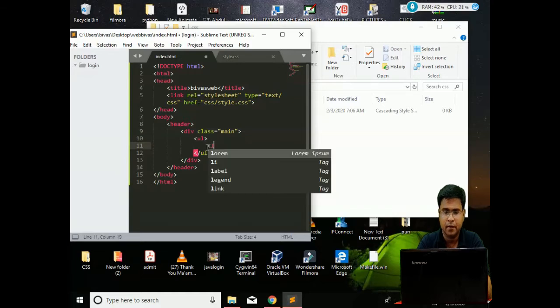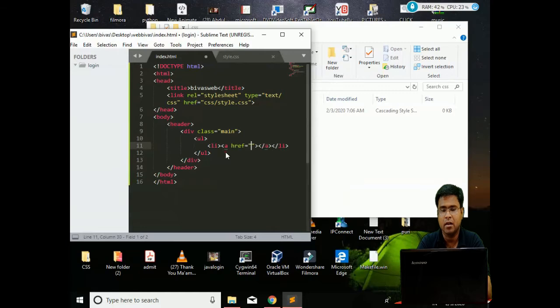Inside the LI, I have to create an anchor tag. Anchor href equals, suppose here I have given hash, because right now I am not connecting with any other page. If I provide hash, it will work as a link, but it will not take you to any other page. I have given the name as home.